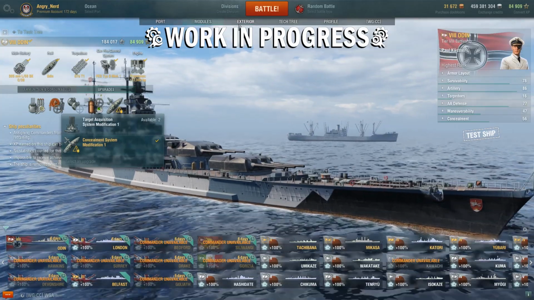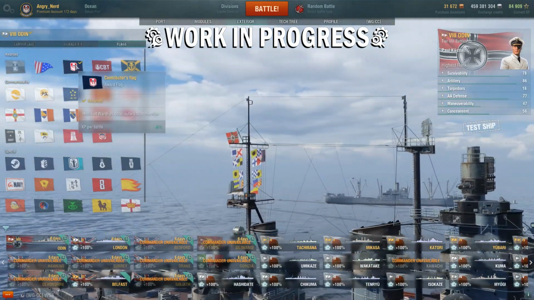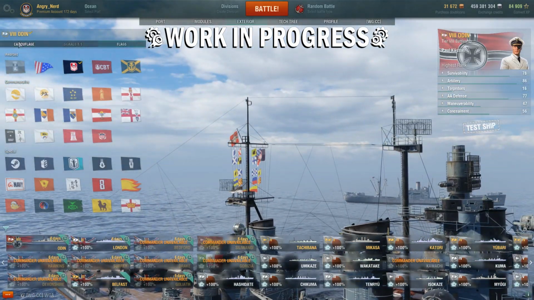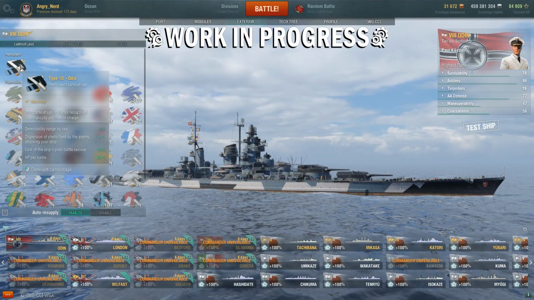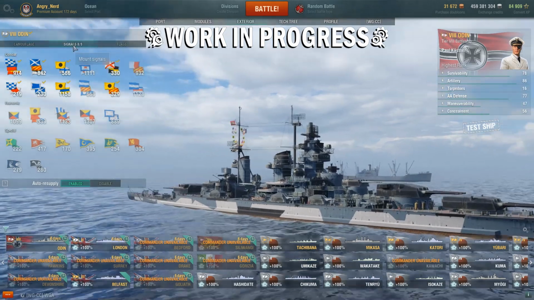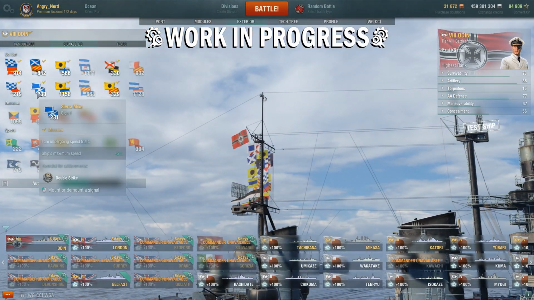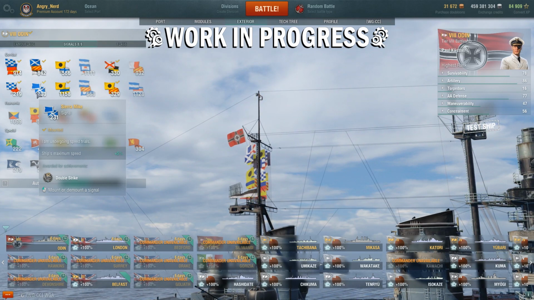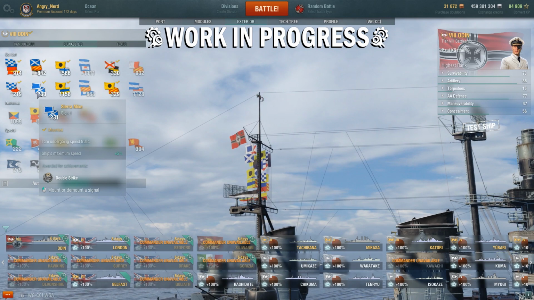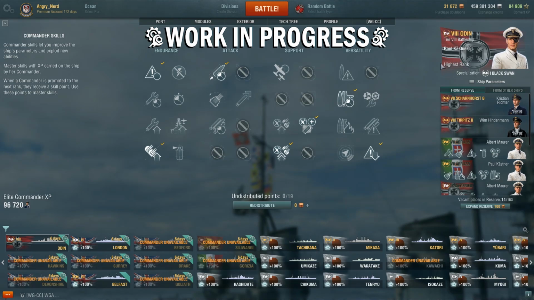For the exterior of the ship, we are flying the community contributor flag. The camouflage on the ship is the Type 10 ODIN, and these are the signals that I have mounted. I do have Sierra Mike, so that is plus 5% to the ship's maximum speed when we get around to the stats. The captain I have on this ship is a 19-point captain, and this is how I have those